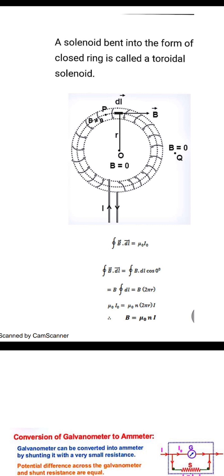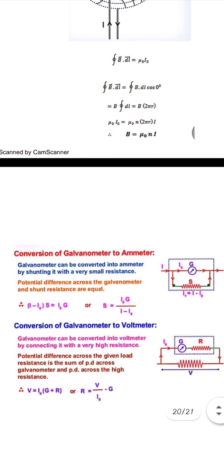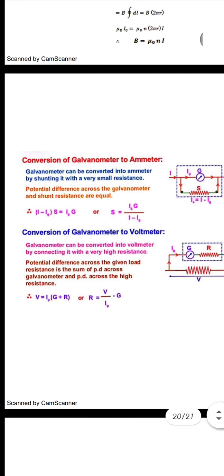So it is given as B equals mu naught N I, where N is the number of turns and I is the current. So for both of them the expression for the magnetic field will be the same, mu naught N I. And lastly, we have seen what the moving coil galvanometer was, and how this galvanometer can be converted into the